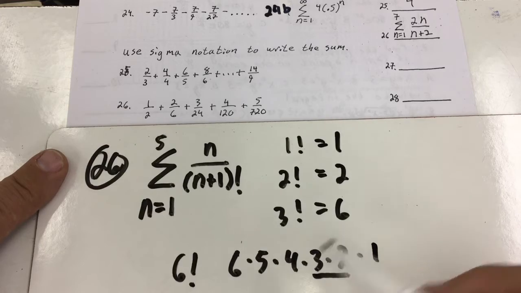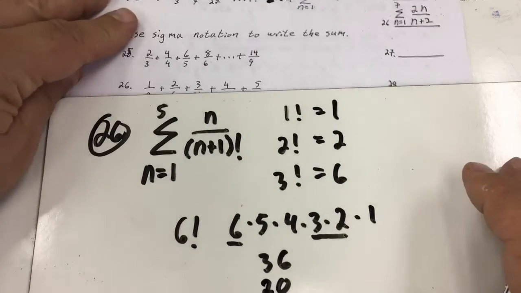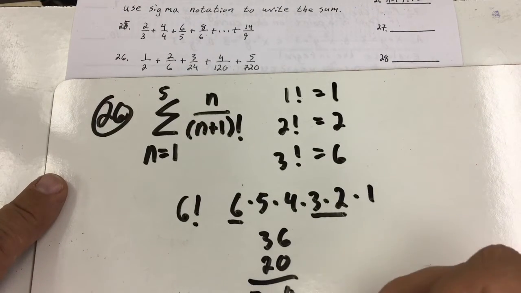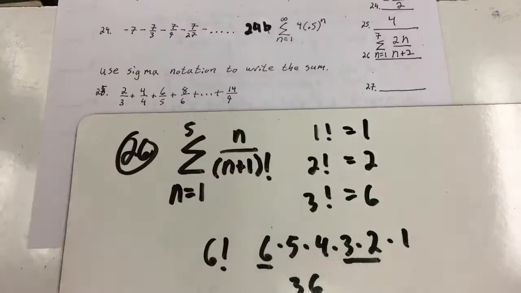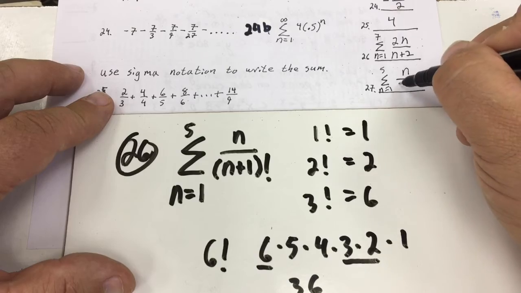So this is 6. This is 6. That's 36 times 20. Now I'm shooting for that 720 on the bottom. Give me a 0. That's going to give me 720. Yep, it works. So number 27 is going to be sigma from n equals 1 to 5 fraction n over